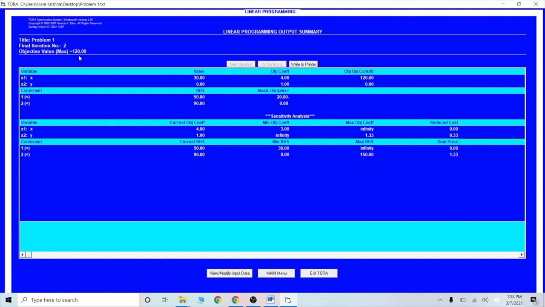This is enough for basic knowledge. The objective function value is 120 and the variable values are 30 and 0. This is the final iteration. Okay. Now we can move